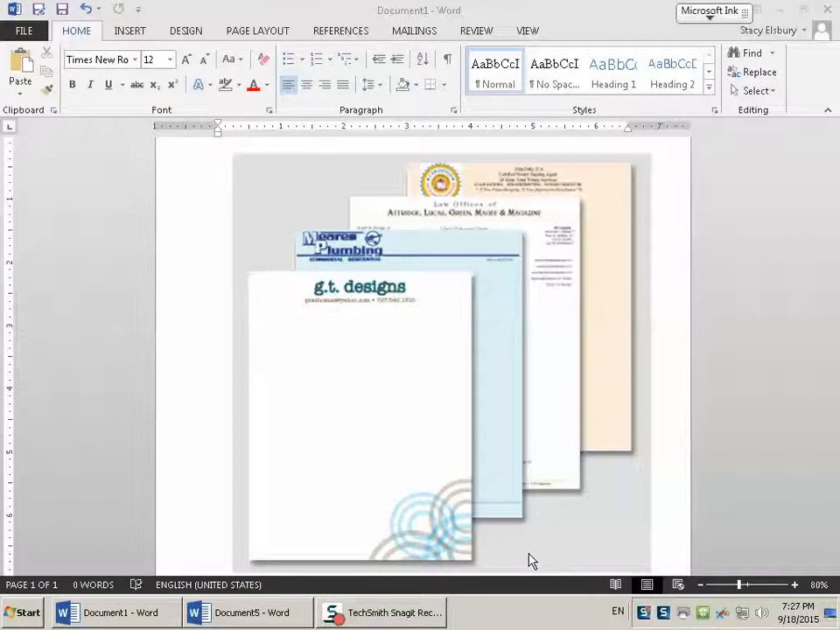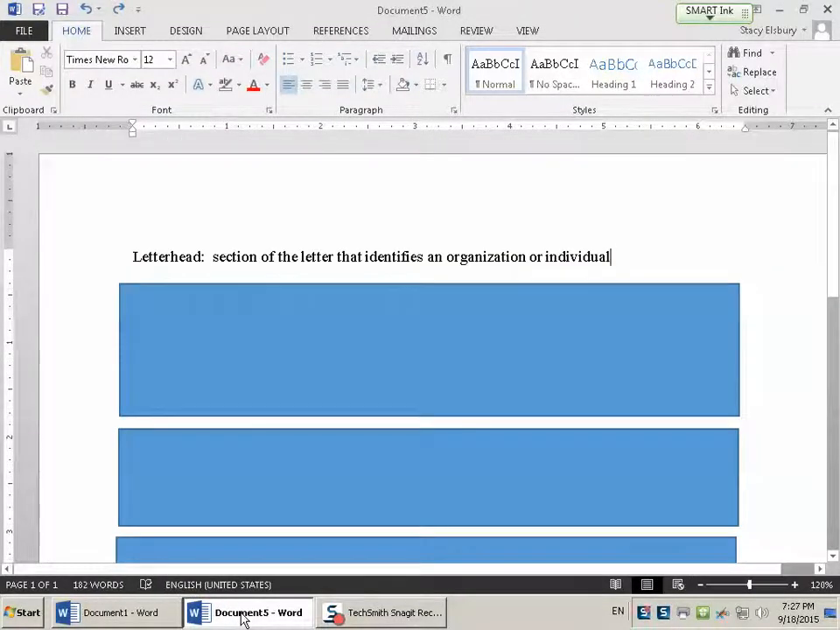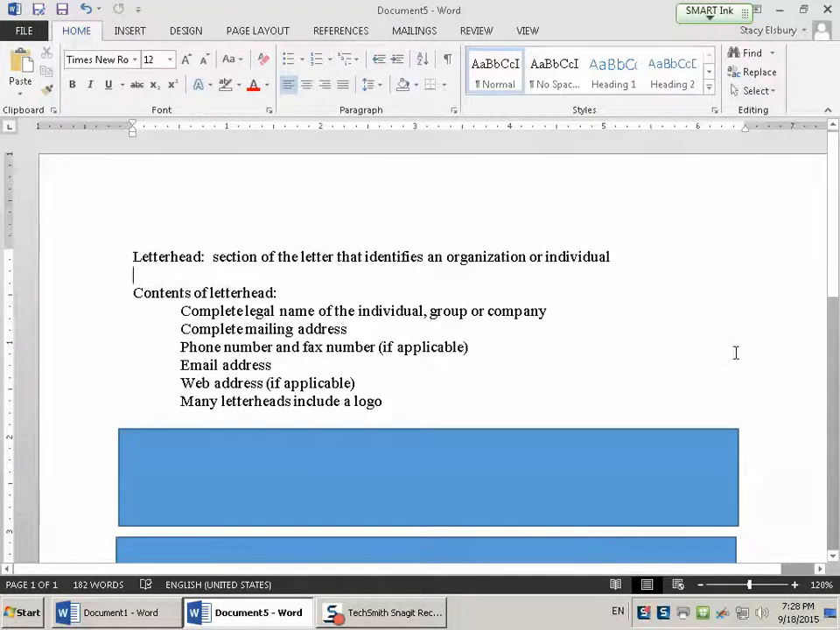Let's start with what exactly a letterhead is. A letterhead is a section of the letter that identifies an organization or an individual, and it often appears at the top of the letter. It's important that the letterhead appropriately reflect the essence of the organization or the individual. You should use text, graphics, and formats and colors that reflect the organization or the individual. There are 6 elements to a letterhead, and so we want to talk about what 6 things you need to include. When you create your letterhead, you want to have the complete legal name of the individual, group, or company, the complete mailing address, phone number and fax number if applicable, email address, web address if applicable, and many letterheads